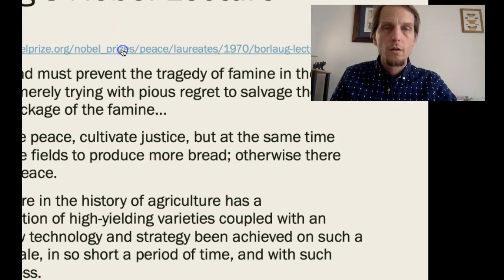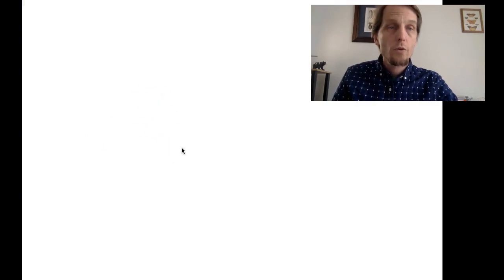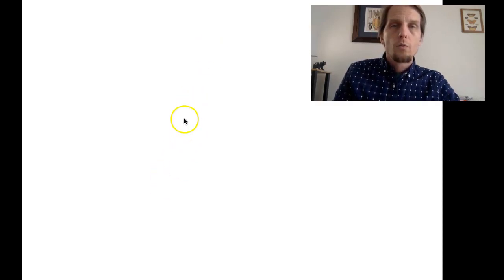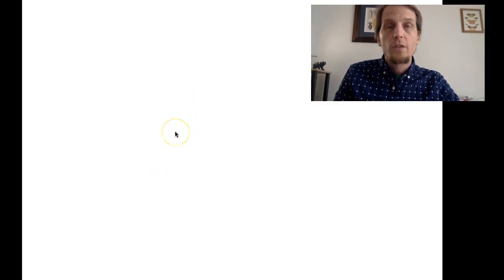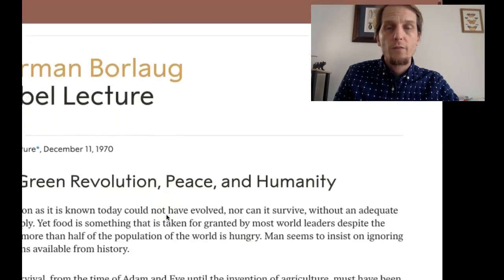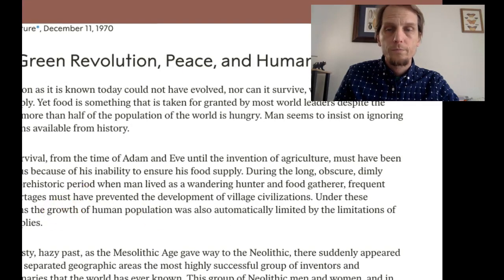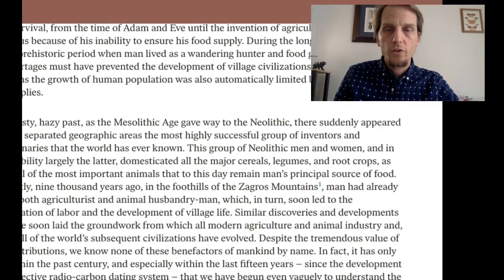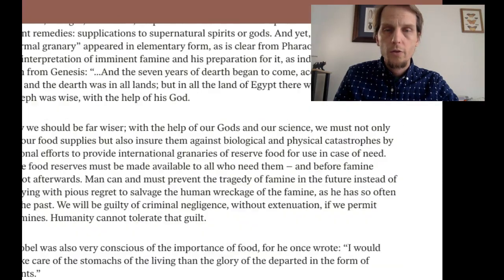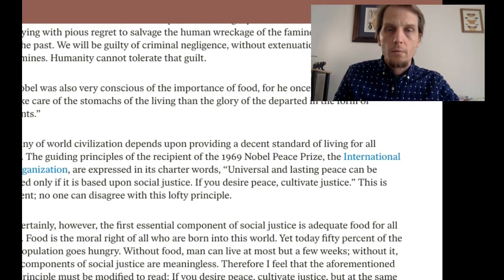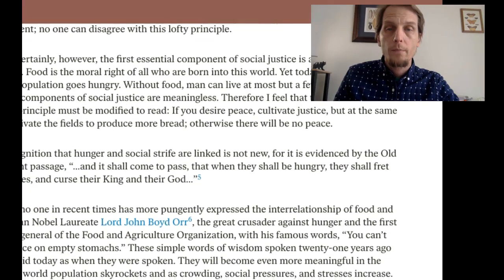There we are. And I just want to go through a couple paragraphs here. It's loading up. Of Norman Borlaug's lecture when he received the 1970 Nobel Prize for his efforts in saving millions of people. You won't be able to see all of it because my screen is cut off, it appears. But I want to pick up.